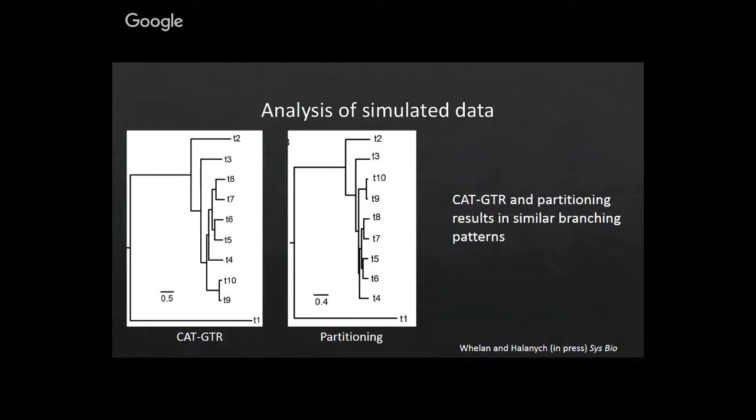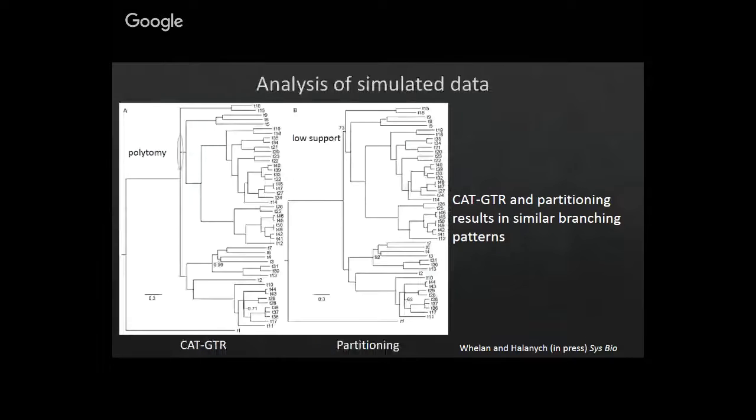In contrast, CAT-GTR and partitioning generally in simulation resulted in similar branching patterns, and oftentimes very well supported branching patterns. And where they conflicted, much like what we see with a lot of empirical data sets, the support was rather low. So in this case, we have a polytomy, which was essentially just a node with less than 50% posterior probability. And then the tree inferred with RAxML and partitioning was also lowly supported, with only 73%